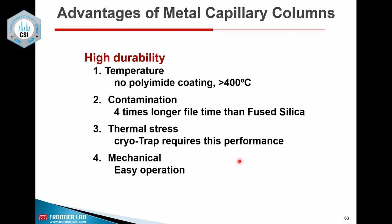First, we don't have any external coating like the polyimide that is required for fused silica. So we are able to go to high temperature, from the column material per se. Then we can do more analyses, at least 3 to 4 times. So the lifespan of the column is longer, which means our coating is more stable, so you can do more analysis with our column. And the third important benefit is thermal stress, because if you are really looking at some very volatile